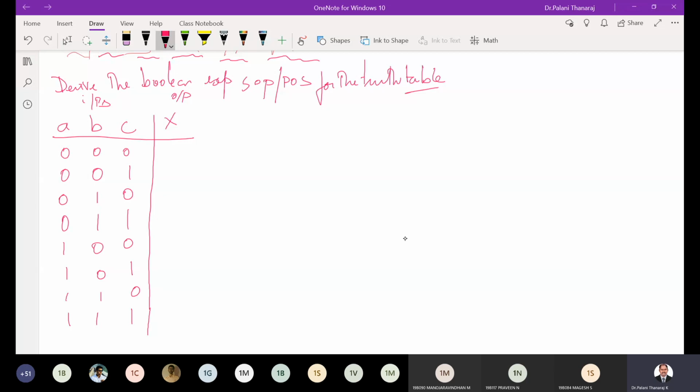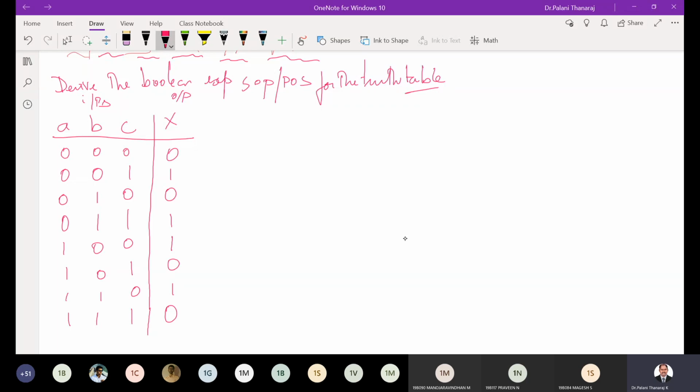Okay, 0 to 7, 000 to 111. So this is the logic of that random circuit. For an unknown circuit, you have to get me the expression for this behavior. I didn't tell you from which circuit I'm getting this table. So your work, as an engineer, is to tell me how to realize this truth table.